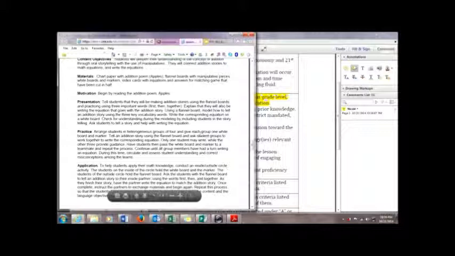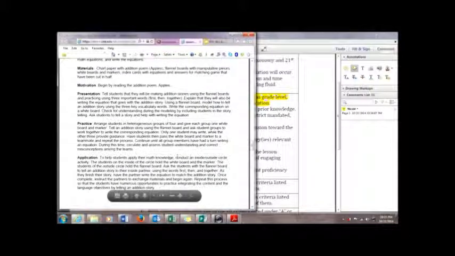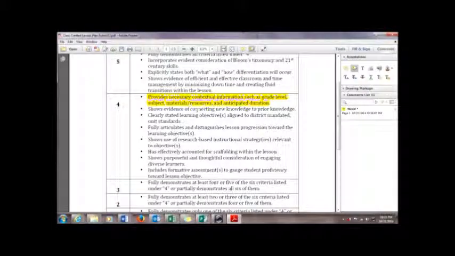So he doesn't pose any questions where he would activate prior knowledge for them. Therefore, it would be mostly taking things out of context. The only part where it almost came close was when it talked about help students apply their math knowledge. Now, it doesn't talk about whether or not this is previous math knowledge that they learned in past classes. So I would probably rate showing evidence of connecting new knowledge as not actually being there because of that. So we're going to leave that one unhighlighted, and then we're going to move on to this next section where